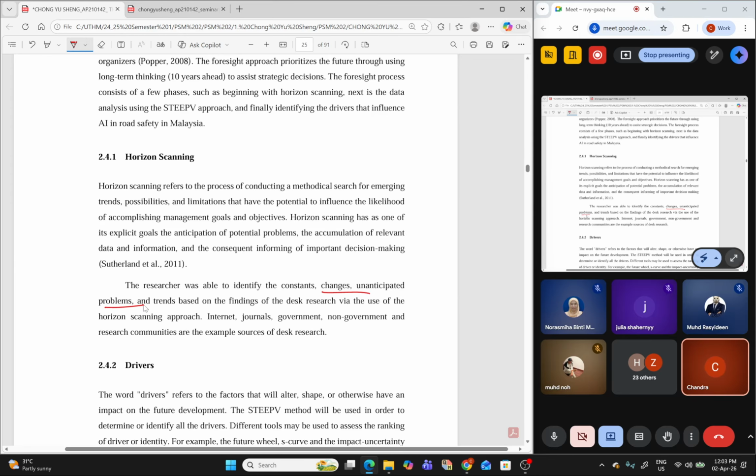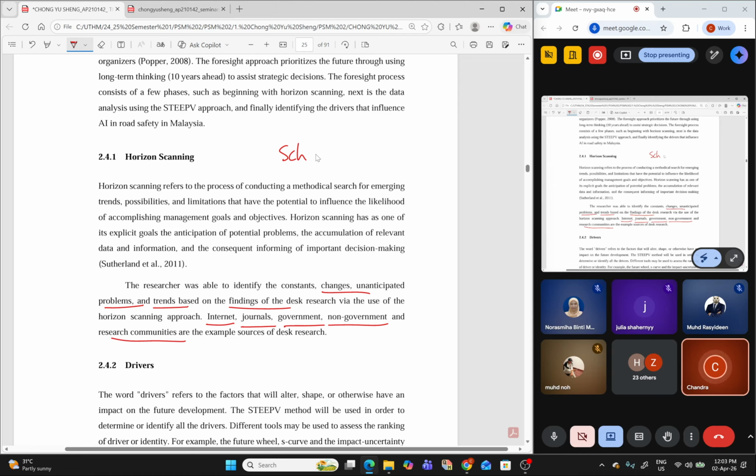changes, problems, trends, findings. You will go through all the internet based articles, journals, government articles or report, non-government, research community, and all kind of source in the literature. So untuk normal PSM, mereka, they have to go by scholarly article, bahan sarjana.